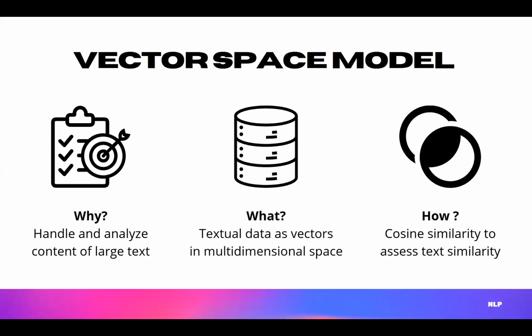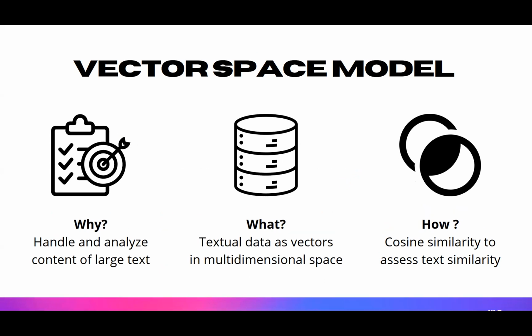So I'm gonna explain it again, even if I suppose everybody knows what a vector space model is now. A vector space model uses vectors to represent textual data as vectors in a multi-dimensional space, where each dimension corresponds to a unique term from the corpus, and the representation in each dimension is